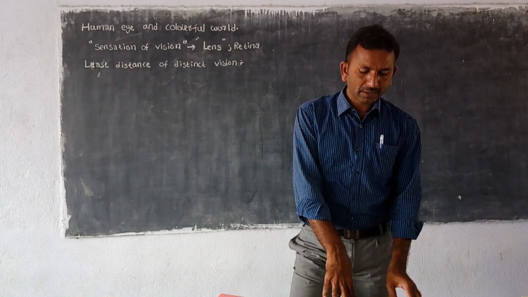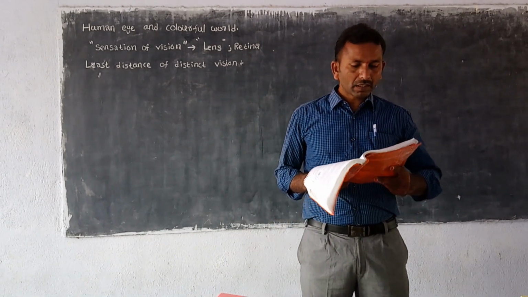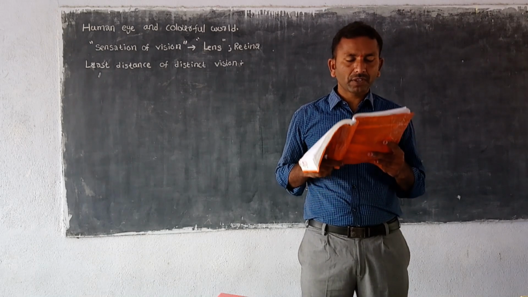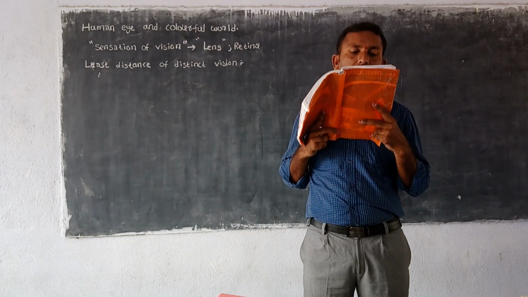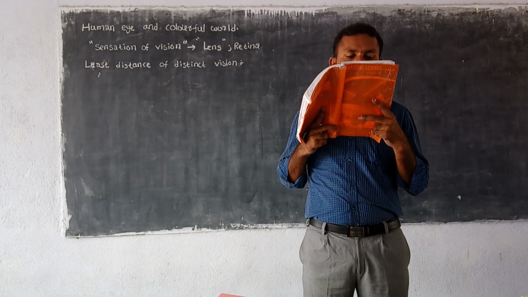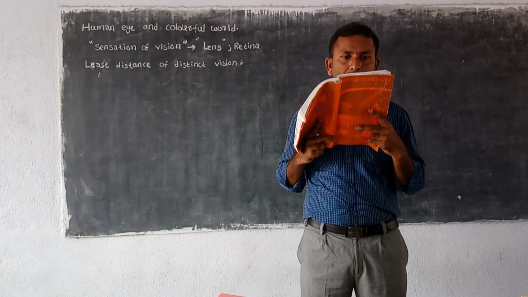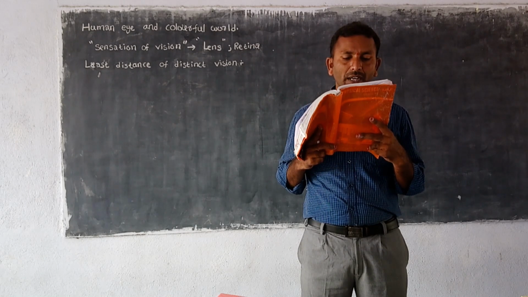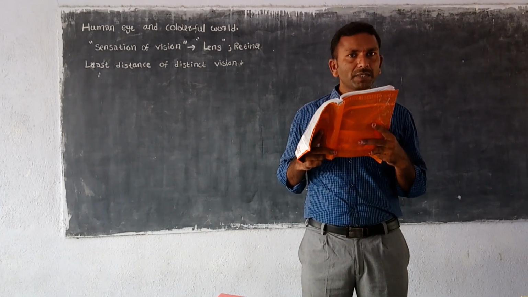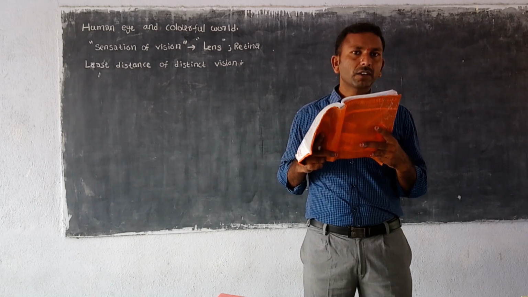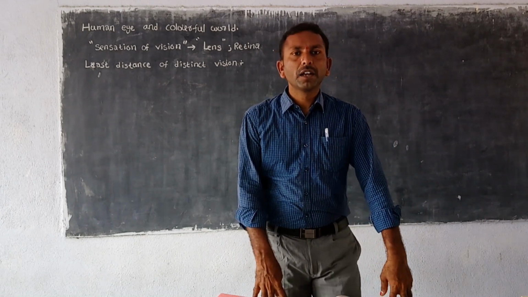Now, in the first case, what we have done here: first the book is a little bit farther away from our eyes. Then we move the book very close to our eyes, in which case you are not able to see the letters. Stop the book there and now move the book backward, away from your eyes, to where you can see the letters clearly. Stop the book at that place and ask your friend to measure the distance between your eyes and the book.